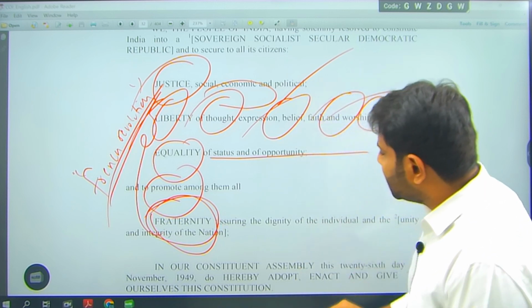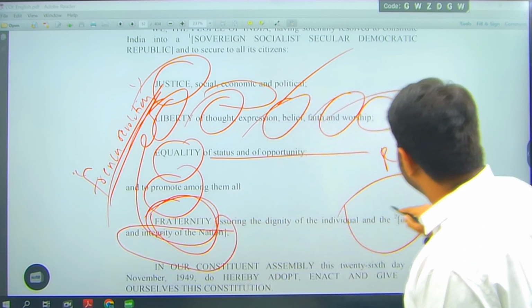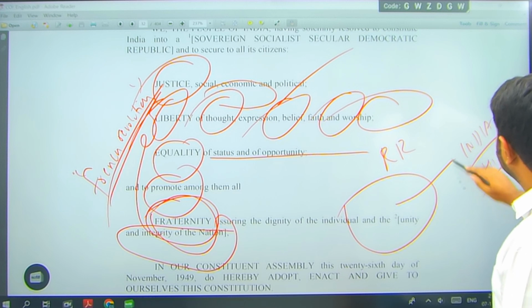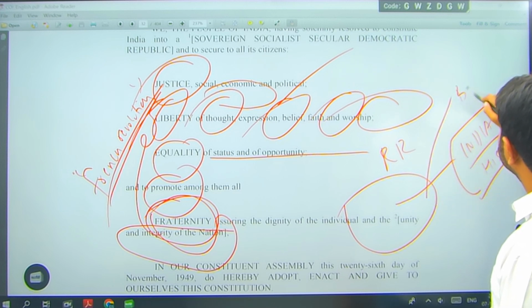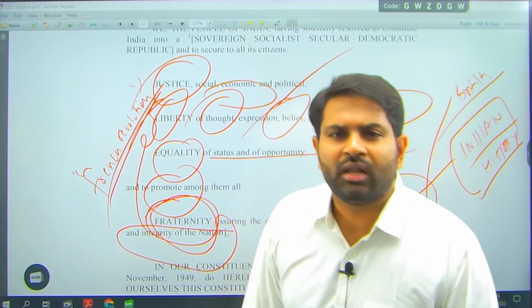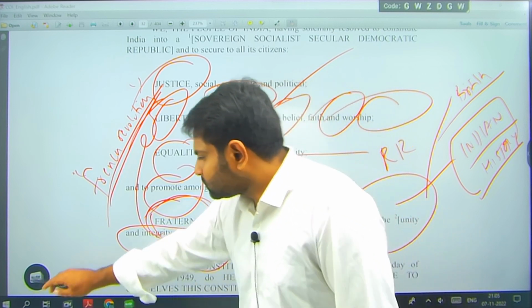When we talk about the integrity of India, we are talking about the unity and integrity of India. This is completely Indian philosophy. Indian history, Indian philosophy, right? You should remember the Britishers clearly. Our independence struggle against the Britishers, you need to remember when we speak about the unity and integrity of India, right?